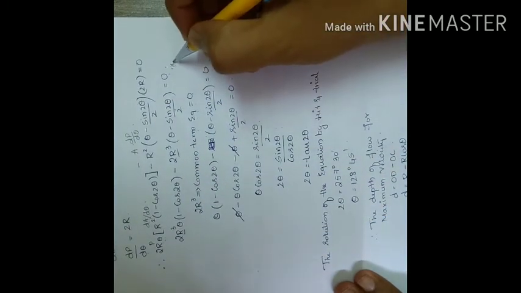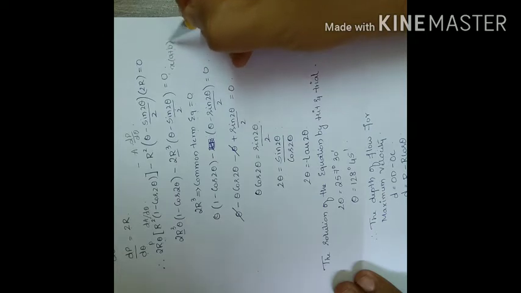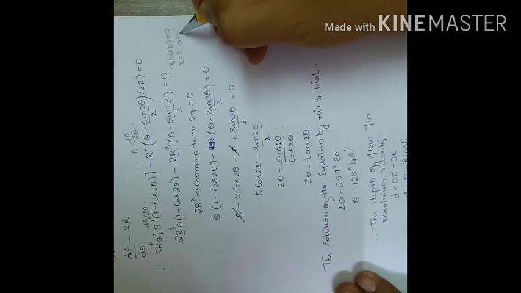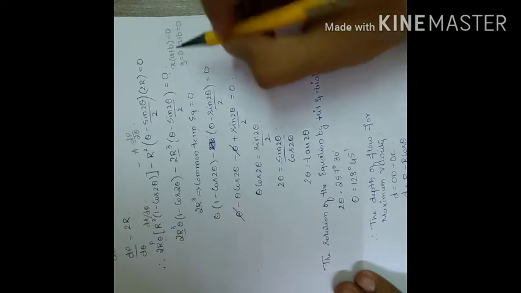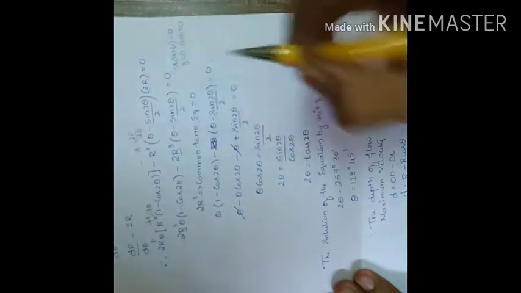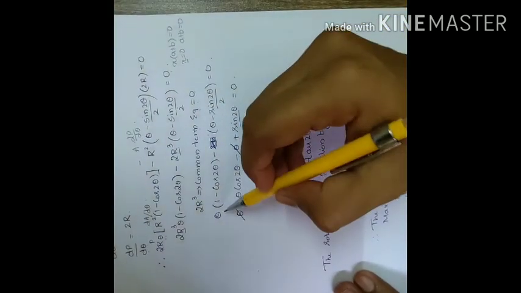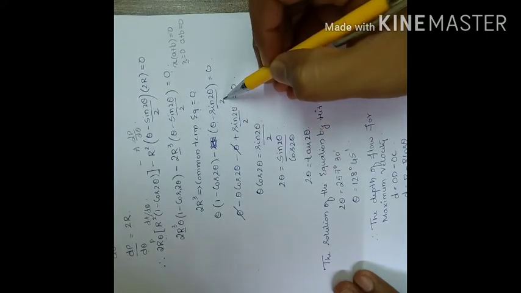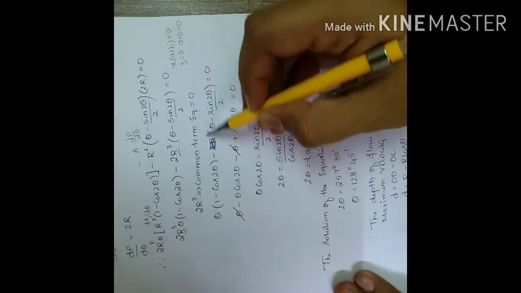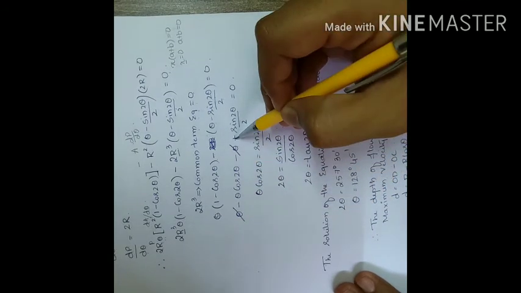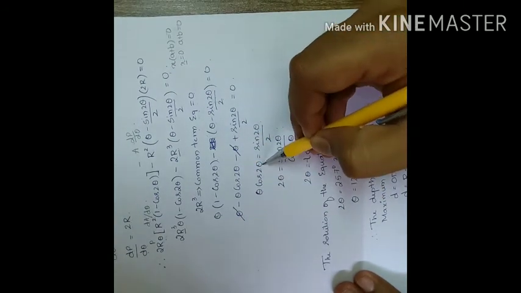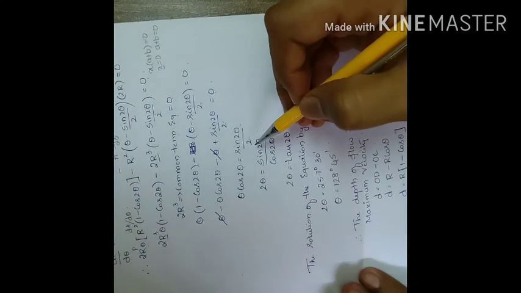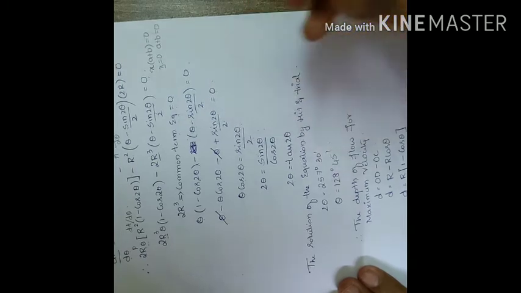It will be in the form of x into a plus b is equal to 0. That means I can write it as x equal to 0 and a plus b is equal to 0. X is in the place of r, so therefore r will be 0. Next, taking out the value theta into 1 minus cos 2 theta minus theta into sin 2 theta by 2. So taking this minus inside, it will become theta, theta get cancelled, remaining will be theta cos 2 theta minus sin 2 theta by 2, which will be sent to the other side, that is the RHS. So sin 2 theta by 2.